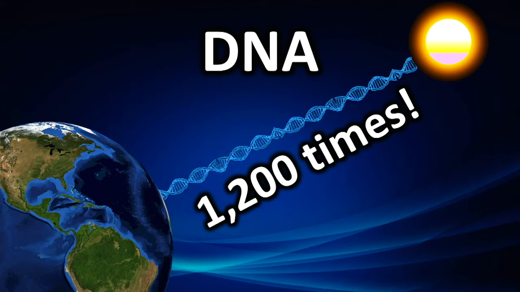So if you took the DNA out of every cell in your body and lined it up end to end, you'd be dead. So don't do that. But if you were able to do that, it would actually reach from the earth to the sun over 1,200 times, about 1,222 times by my calculations. Each cell is about 6 feet of DNA. You got about 100 trillion cells. You do the math. You span that distance, about 93 million miles, over 1,200 times. It is phenomenal. So back to our cell.